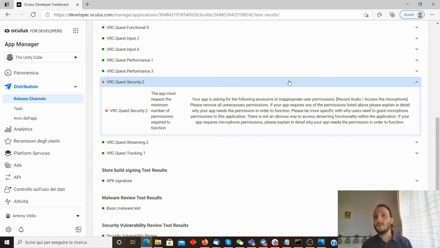So the Unity Cube asks for the record audio permission, the microphone permission for Android, but actually it is just a cube. It doesn't use the microphone, so it doesn't need to own the microphone. And this is a problem also because the microphone can be used to violate the privacy of the user. So Facebook is pretty sensitive to something about privacy that can harm the user,